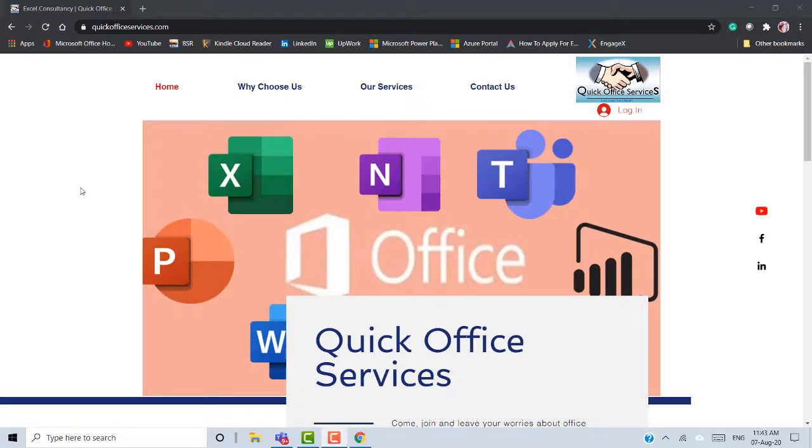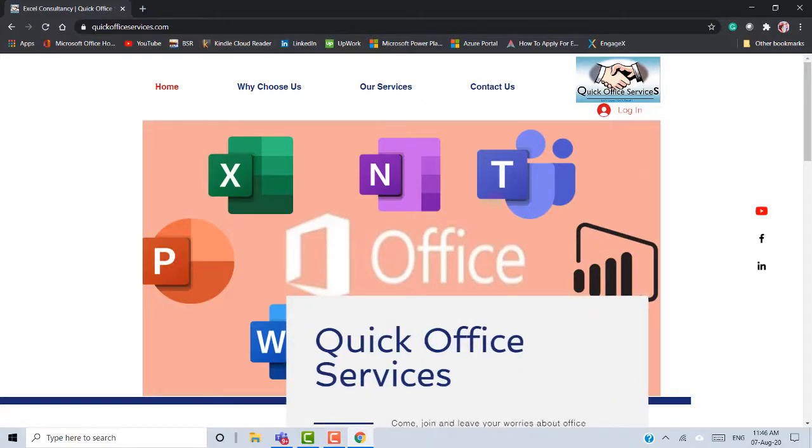This platform is called Microsoft Learn and you can access it at no cost. It has very rich content, very good courses, and the way of explaining is also very nice. I've been using this platform for some time now, and I thought of sharing this with you all. So I'll show you how to access this platform.